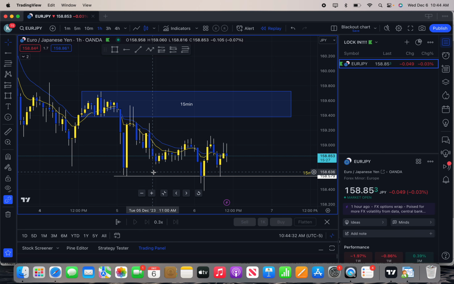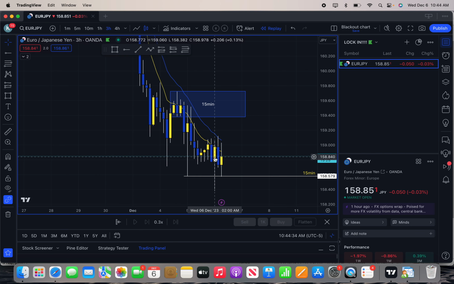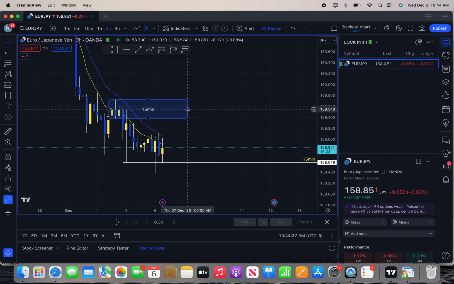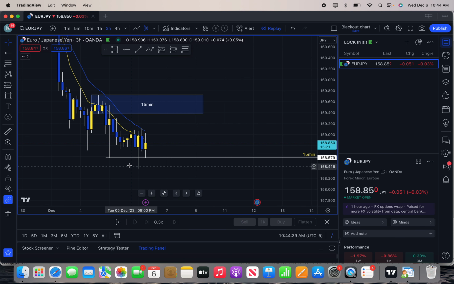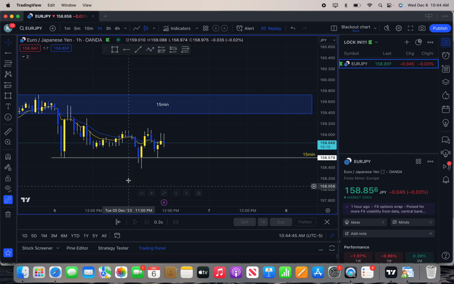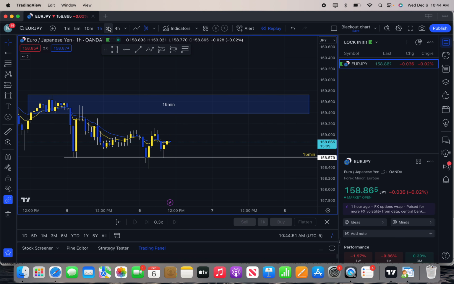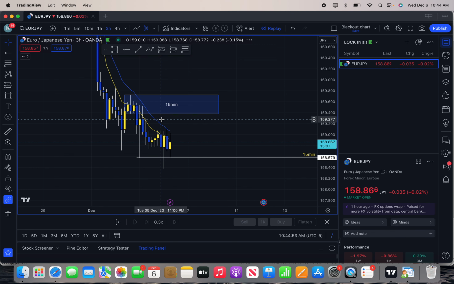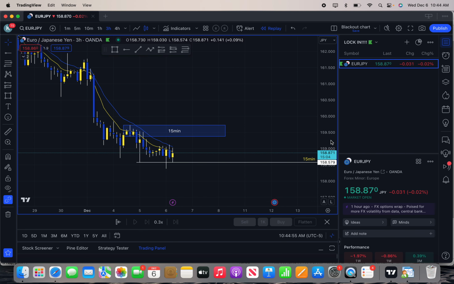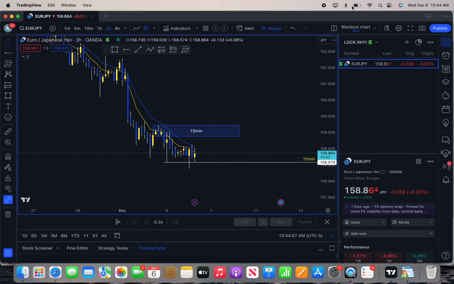So I'm gonna leave this on just because when I come in tomorrow, it'll help me understand and see, well, hey, did price break that to the downside at all? Did price break to the upside? It looks like it broke to the downside, but once you actually go to the time frame, you see it just wicked below. It never closed below. So that doesn't count as a break unless it actually closes with body below. So now we just leave this like this, and yeah, we are